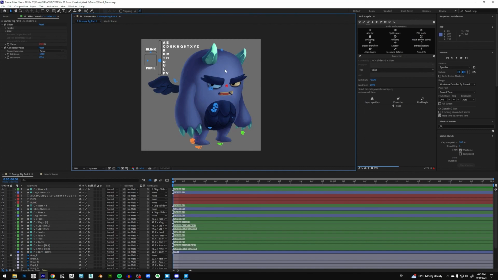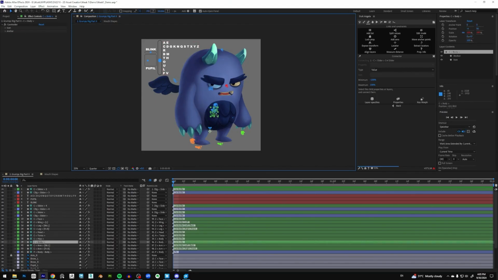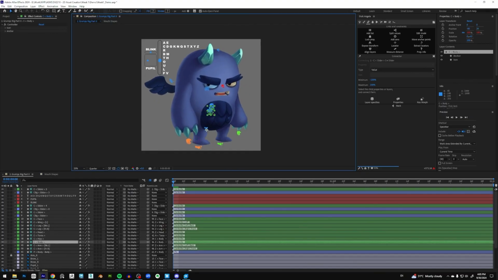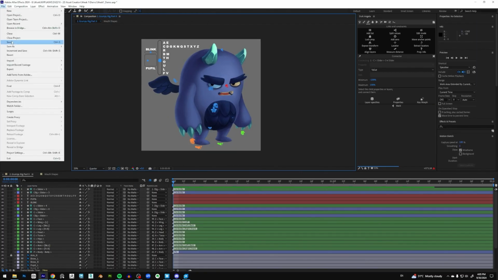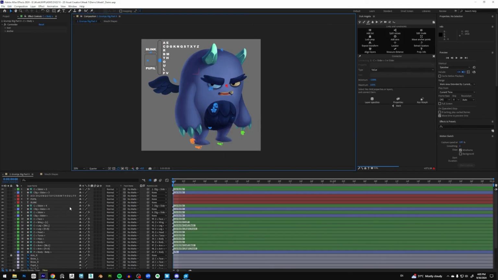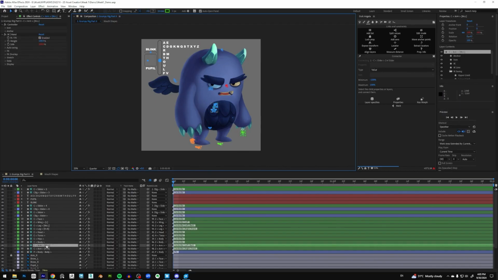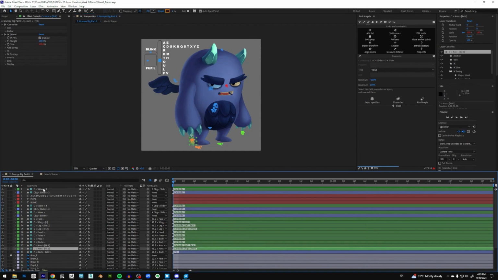So the elephant in the room is that if you are moving all these controllers around, you will see that it is a little bit sluggish. I mean, a little bit is an understatement. Okay, so there are a few ways that you can kind of optimize the file a little bit. Okay, so one way is all these controls that you have, right? You can actually select them. So let me just select all the controllers,